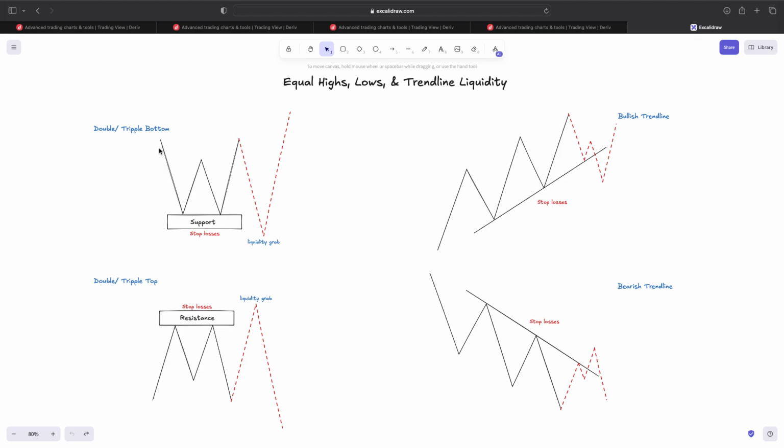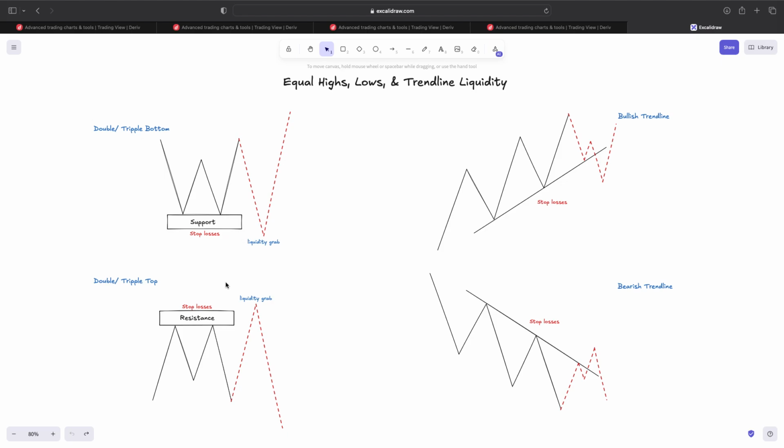Now, for an example, we have a double bottom. When we see a double bottom, we understand that there is some sort of support, a support zone that is supporting price at a particular price level. It can be two equal lows or three equal lows and so forth. As long as there is some sort of support around that area, that particular area is prone to liquidity